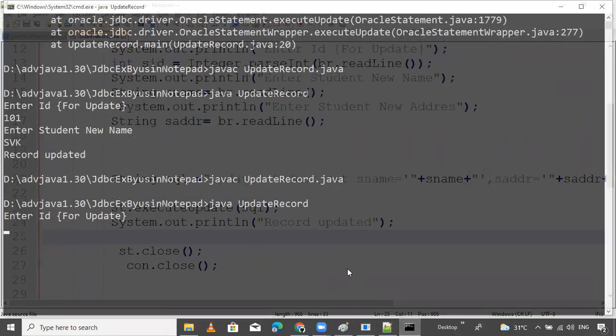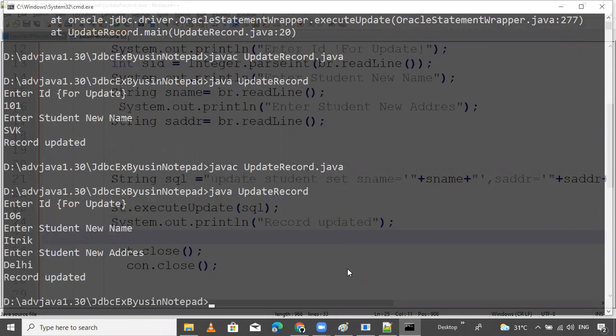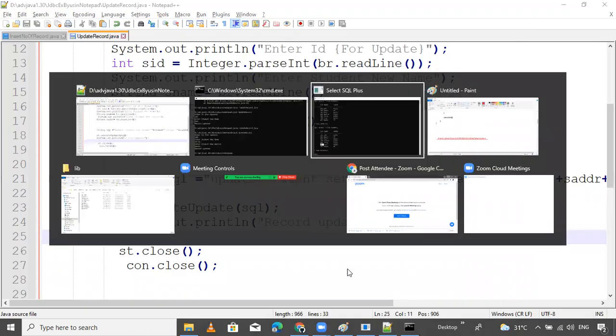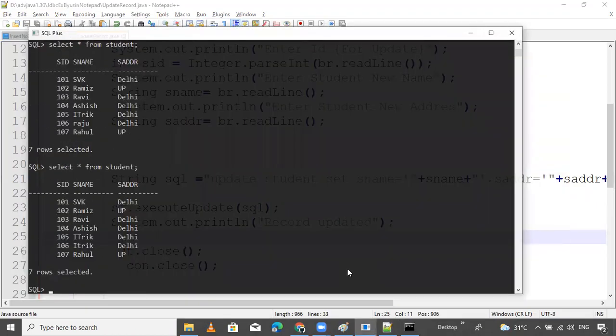So I want to update record 6. Enter student name like iTrick, enter student address like Delhi. Record updated. It's easy. Updated or not? Let's cross check. Yes, record is updated. This is a good thing.